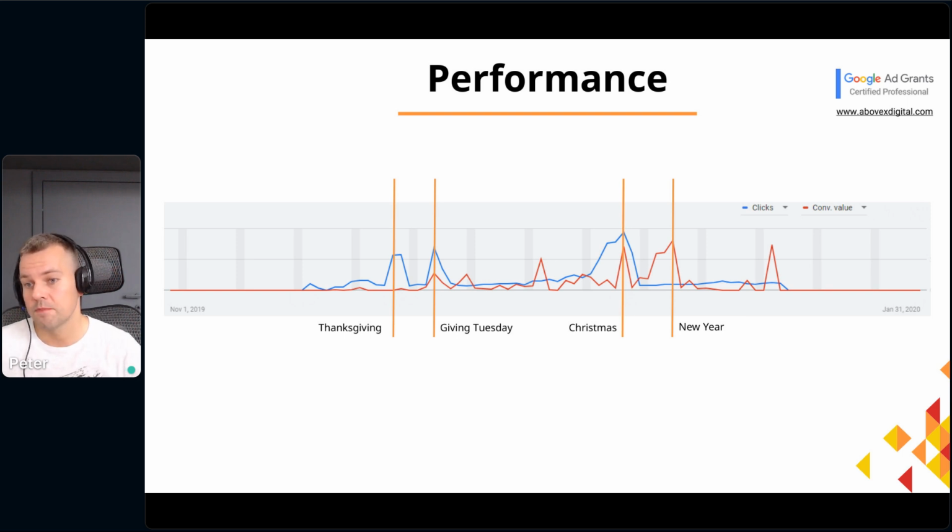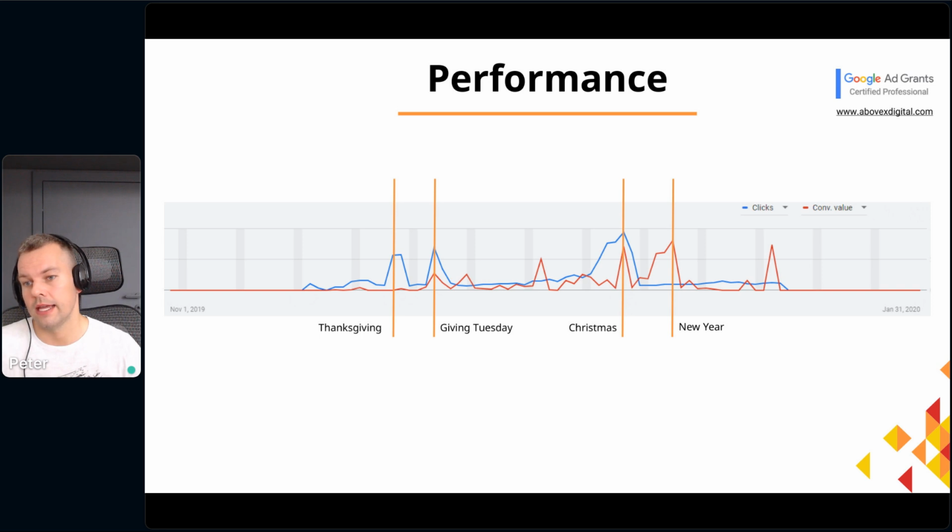Then there's Giving Tuesday, which, generally speaking, is the best day in terms of conversion value. But for this client this year, it wasn't. We can see a distinct spike here in conversion value, but it wasn't the best day for them. Also clicks went up. We had a campaign specifically on Giving Tuesday keywords. Those kicked in. But again, it's just one or two days, right? So spike there, and then it went down again.